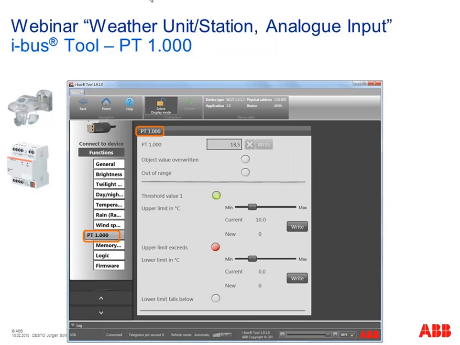So on this page, we have the information of our PT1000 temperature sensor, which can be connected. For example, here the temperature, 18 degrees. And here we have the same, the sliders to change the thresholds. Or here we can enter a value and send the value to the weather unit to simulate another temperature and see the behavior of our thresholds, if the thresholds are okay,